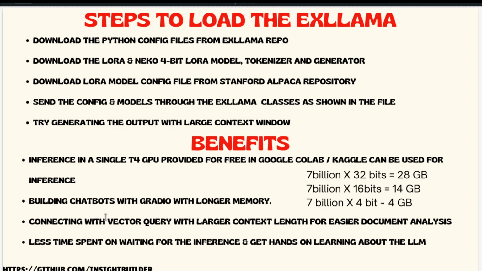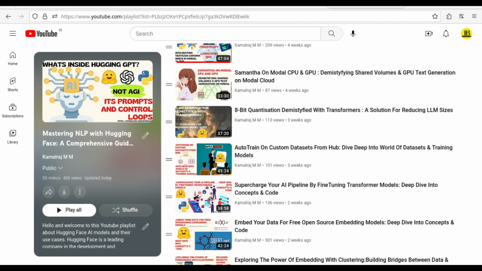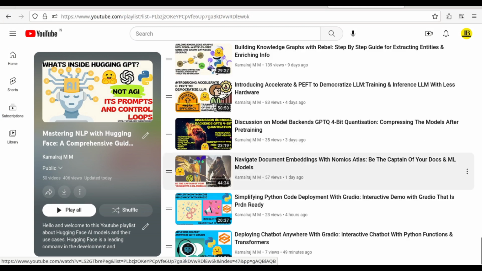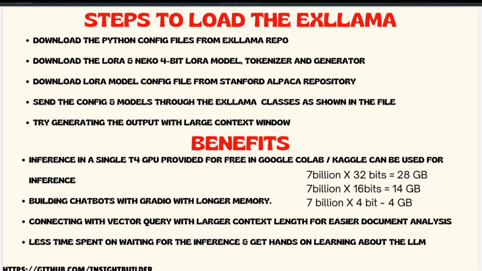You can build chatbots with Gradio. If you want to build a chatbot around it, you can take a look at these 3 videos that I recently uploaded, and you can use the idea that I share in this video along with those videos. You can connect the model for vector query searching with larger context, because it can be easier to analyze the document and less time is spent on waiting. So all these are benefits that you get by using GPTQ